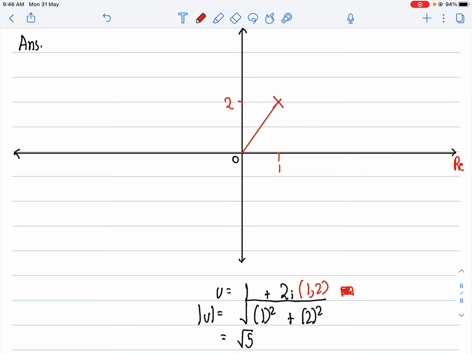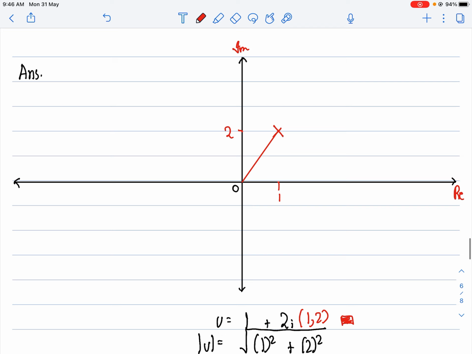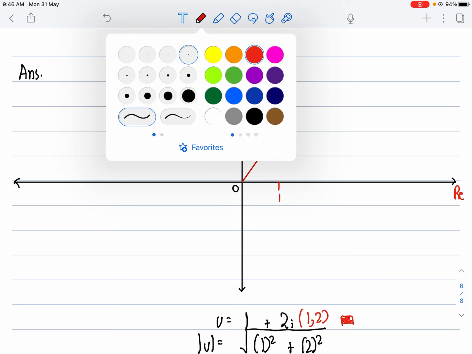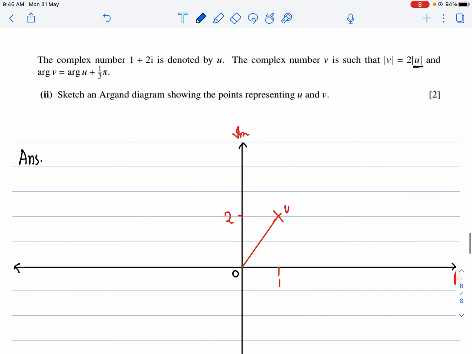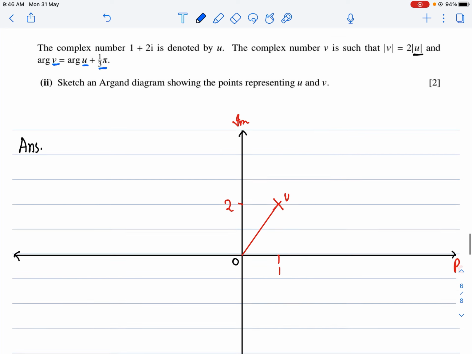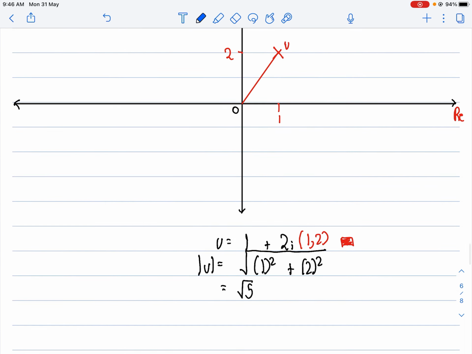Correct. And I know this mod here is root 5, the distance. And I know this is simply u. So now if you see, let's say I take my blue pen. I need my v. I know my v is the argument of u plus 1 over 3 pi. So the argument of u we can simply calculate, which is the